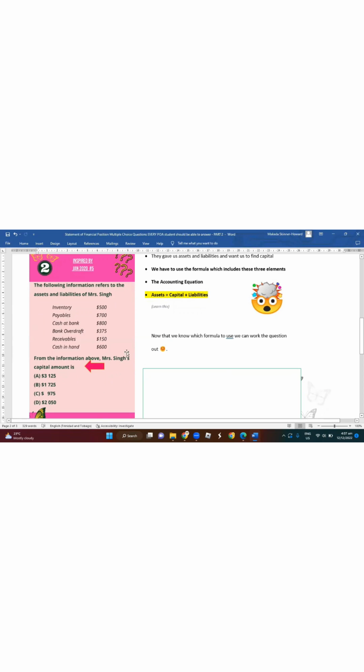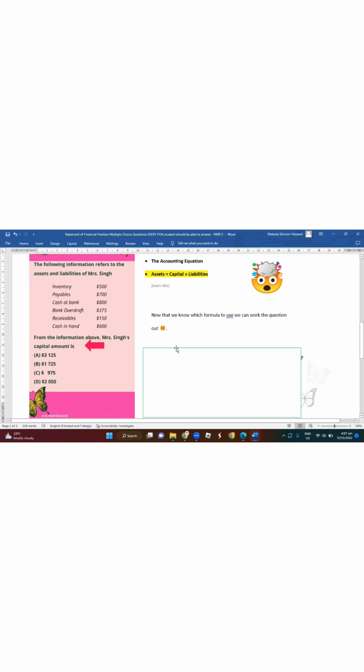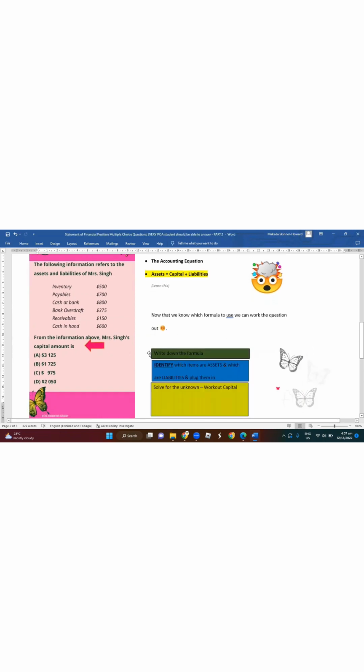Now we know which formula to use. We can work the question out. And this is my preferred method to work out a question like this. So firstly, write down your formula, which is assets is equal to capital plus liabilities. Then you want to go through your list and identify which items are assets and which items are liabilities and